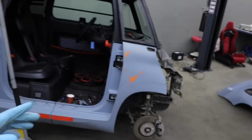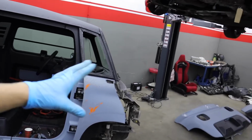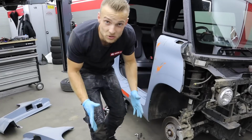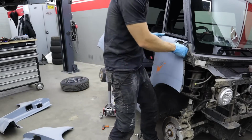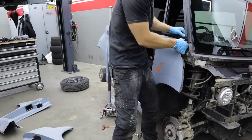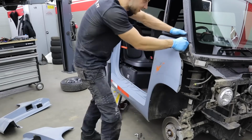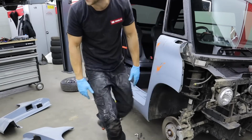That's the most important thing to me. So I'm going to completely dismantle this side, probably the other side as well, and if all goes well, I'll just have a complete moped in panels lying on the ground that I'm going to spray. All the bolts are loose. I'm curious if I can get it off easily. Oh, here it comes, here it comes. It's stuck, but that's logical. It has to be. I have an extra tool, a tire spoon,